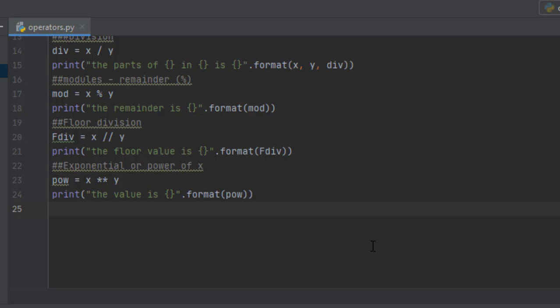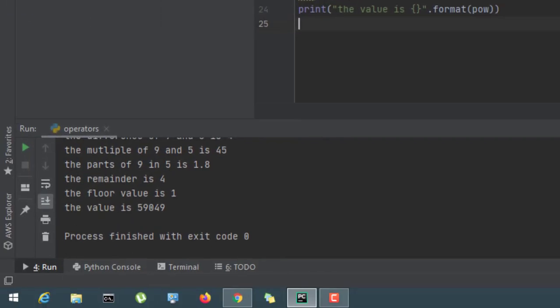We know all these values, right? What is 5 divided by 9 or 9 divided by 5? Is it necessary to write a program for all these things? I can simply tell you, it is necessary, because when you're doing it for smaller values like 5 and 9, it is good.